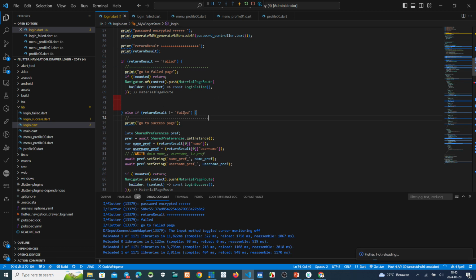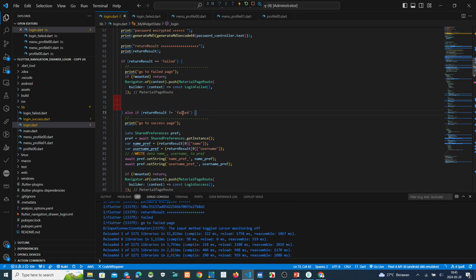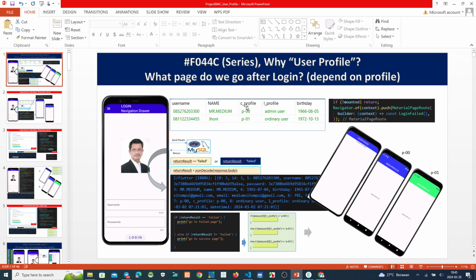It means not fail. Same with login success. If login success, we want to analyze what is the C profile. After we know the C profile, we know where to go, what page do we go after login?